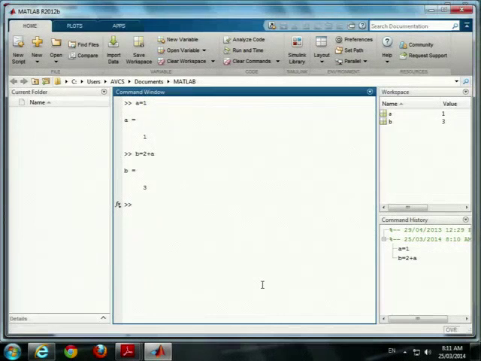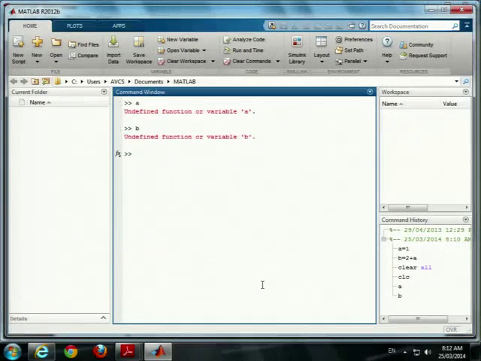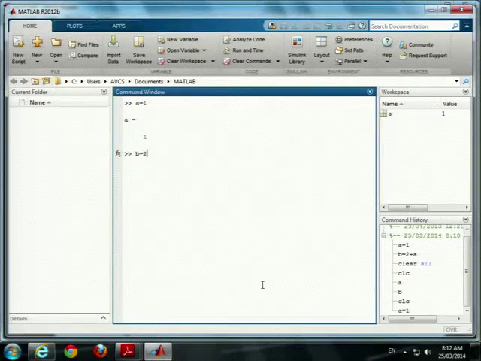Now I accidentally typed in clear all. Okay, and the CLC means clear everything. Clear all means clear all data. So then you deleted A and B. Now I'm telling you, when you create this data,